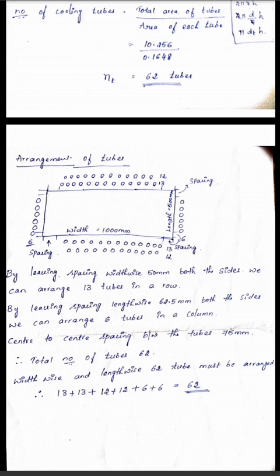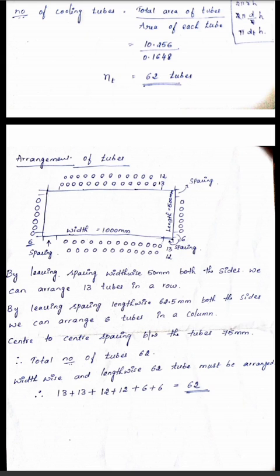Similarly, length wise, 500 minus: you have 6 tubes, so counting center to center you get 5 spaces. So 500 minus 5 into 75, where each spacing is 75. 5 into 75, you will get 130 something, and both sides you have to place it. So 135 divided by 2, so you get 62.5 mm on both sides.